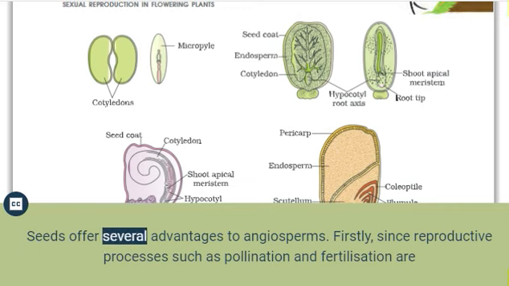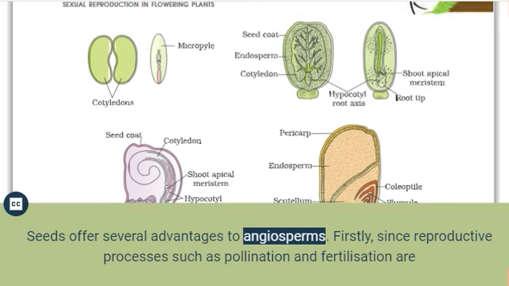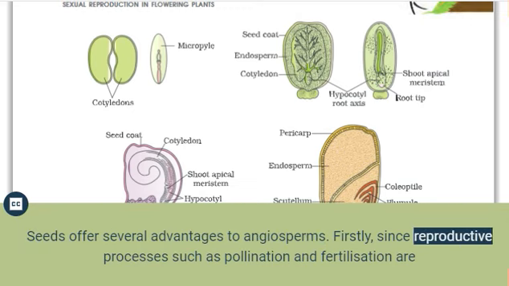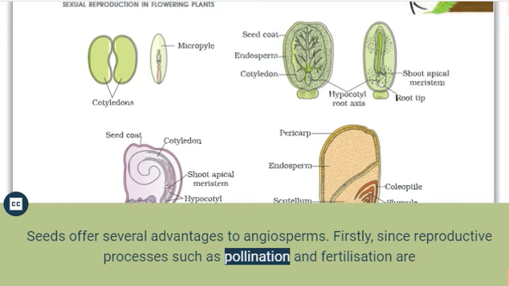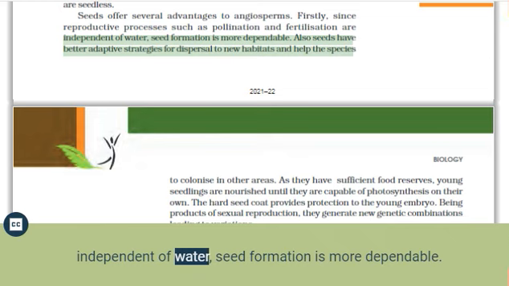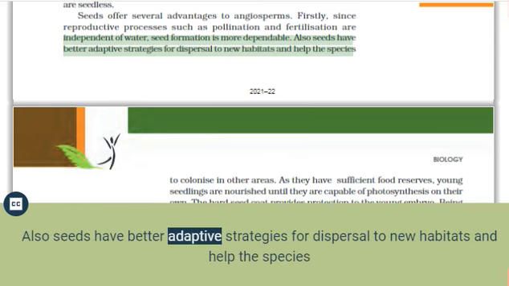Seeds offer several advantages to angiosperms. Firstly, since reproductive processes such as pollination and fertilization are independent of water, seed formation is more dependable. Also, seeds have better adaptive strategies for dispersal to new habitats and help the species